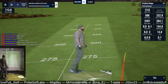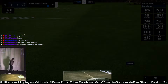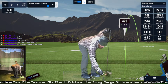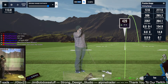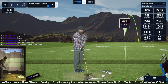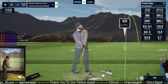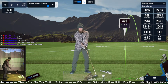Open face on that one. Wonder if I could... Doesn't matter, down the middle. I know, just a little spinny though. I wonder now if I could almost go up a click, like have 8 playing 9, so it'll shut the face a touch. And I'm always afraid to do that in terms of the miss left with having the face shut. Every degree you go up, it shuts the face 2 degrees. I don't know if I need it in terms of the launch. The launch looks pretty good. And in theory, the 9 would spin even more. But